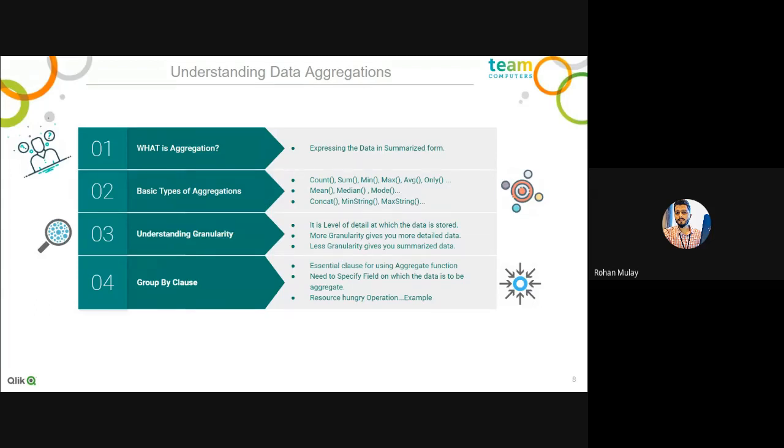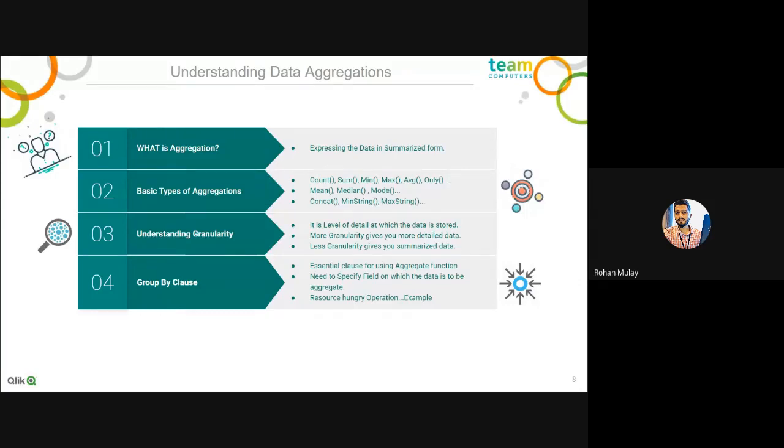Okay, so this particular aggregation is achieved in multiple tools by using a clause called the group by clause, which we all know. What it does is group this granular data and aggregate it on a particular column.